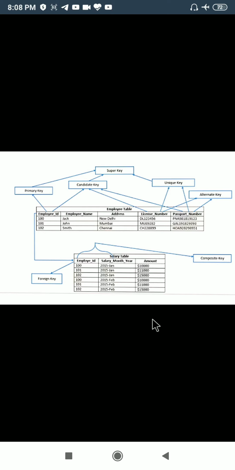So, let us discuss one or two more keys that are left. I hope primary key is clear, candidate key is clear, alternate and unique key are also clear. Unique and alternate, they are same thing. Fine. But primary key will be the field which is unique, that will be known as leader of my class. If this primary key I'm not using, so these two can be made primary key, and these three collectively will be known as candidate key. From candidate key, one will be the primary key and the rest of the keys will be alternate key.